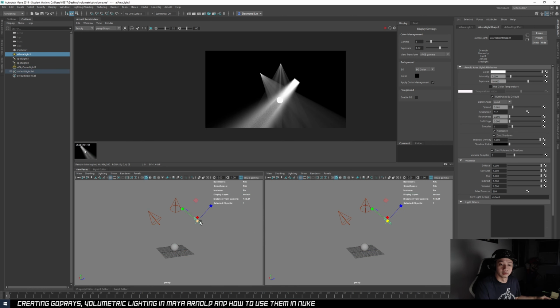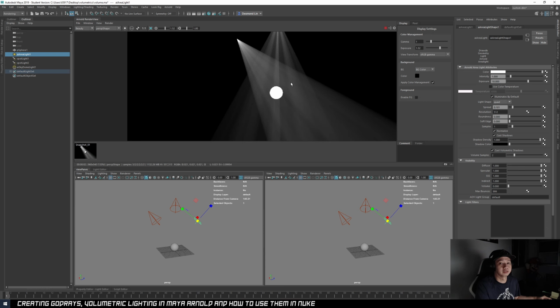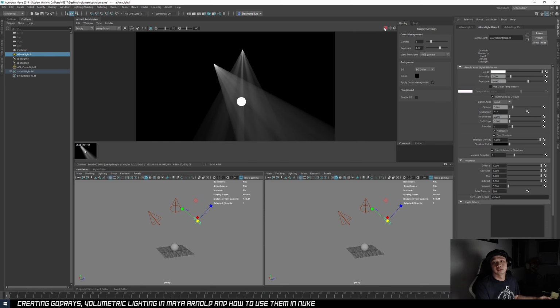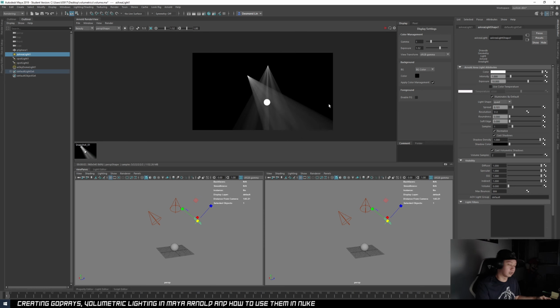Let's say I don't want this area light to be contributing to the volume. I'll select it, go to volume and turn it off. So now you see that it does not contribute to the volume, but it still lights up the sphere. So that's the basics on how to create